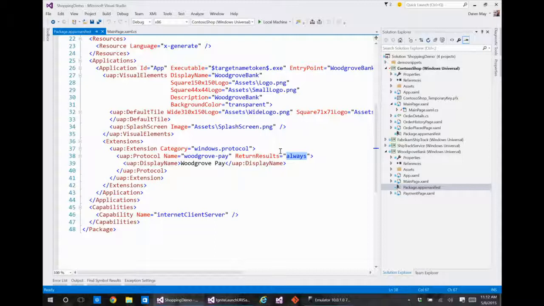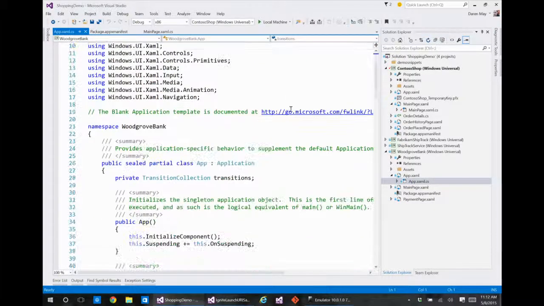Say, for example, we had a View My Account button in an app. We probably don't want to wait for results for that. We're just going to fire it up. You can do whatever you want with it and close it down. Inside the app XAML,